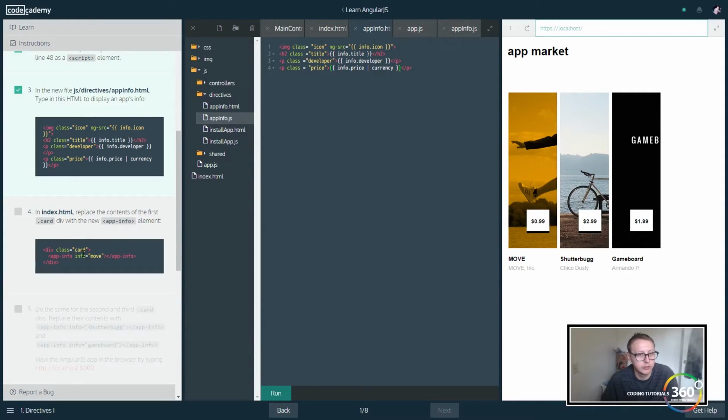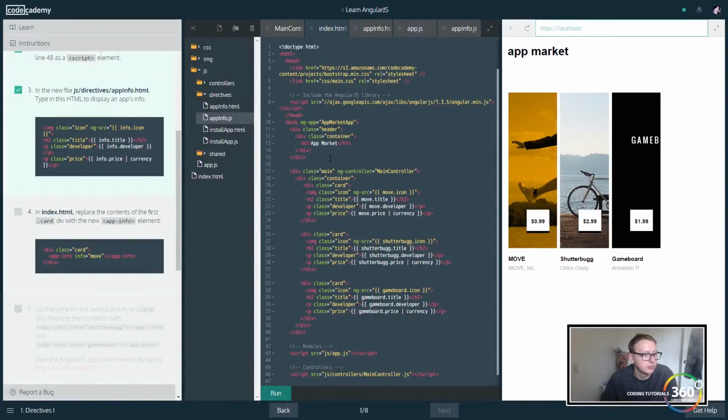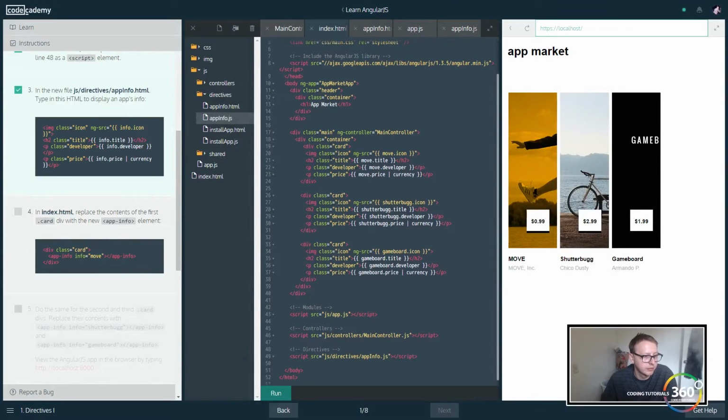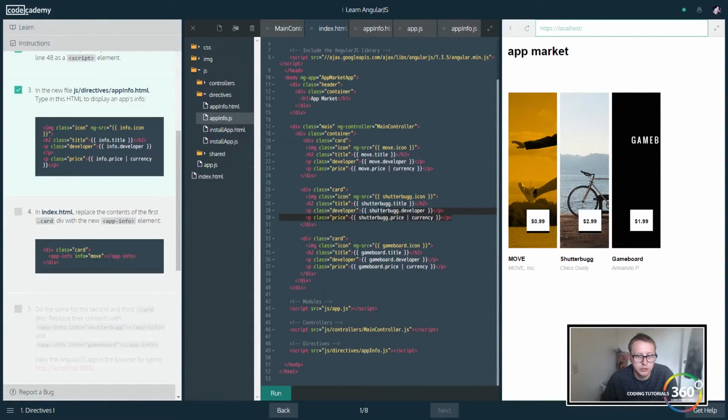Something like that. So something to keep an eye out for. So in index.html, replace the contents of the first .card div. Let's pull this up, with the new app info element. So we have div class card. So what we want to do is get rid of all of this that we're using